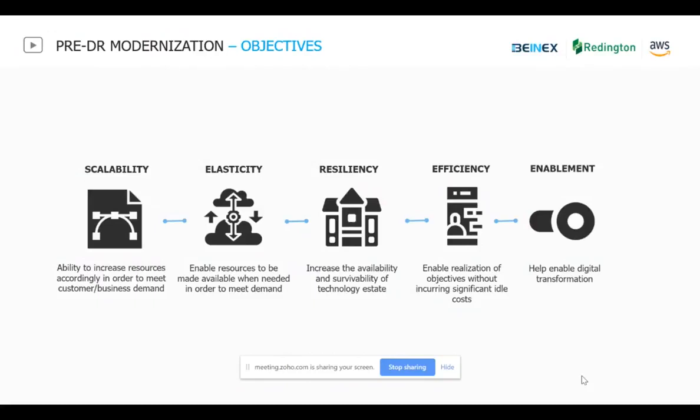The next thing is about the resiliency. Just to increase the availability of your technology, for AWS there is about 99.99% of uptime guarantee that you get from AWS. Any mishap or accident or a natural calamity that happens to an AWS data center, your data is not lost.